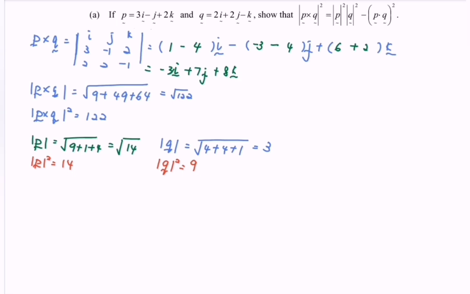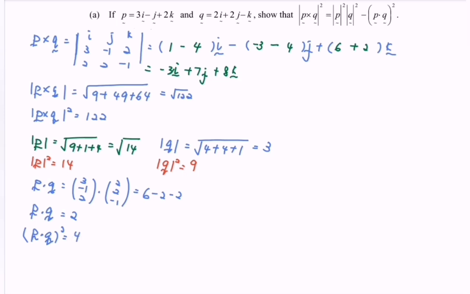Next, find the P dot Q. Vector P dot with the vector Q. So we will have 3, negative 1 and 2, dot with 2, 2 and negative 1. So the process would be 6 minus 2 minus 2. So vector P dot with the vector Q is 2. So based on the question given, vector P dot Q in brackets, squared, so we have 4. So based on the right hand side, we have the situation